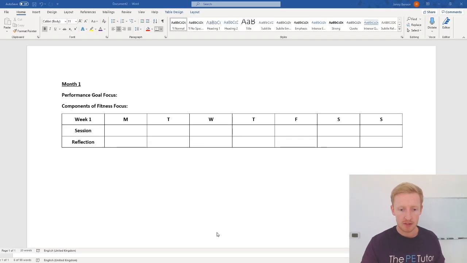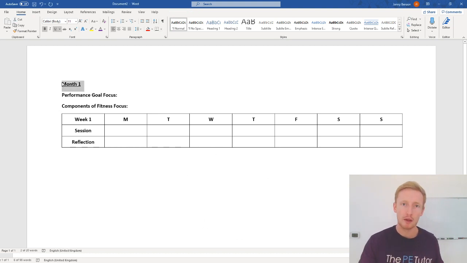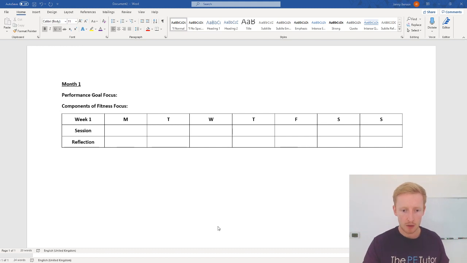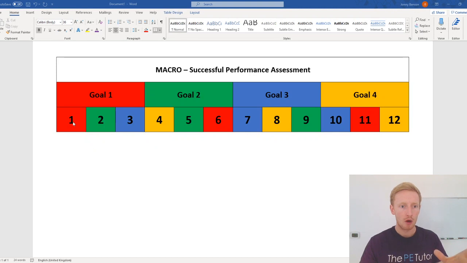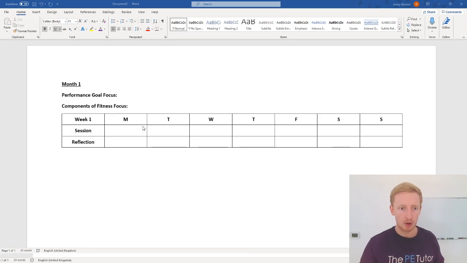Well, if we come into this section here, you can see that I've got this document labeled month 1. So that would be from my periodization table over here. So month number 1 would be working on goal number 1, which I've created on the back of my performance analysis. So now, when I'm working for this whole month, I should be thinking about goal number 1. Well, we can get even more specific, because if we now start to look at weekly sessions, we can